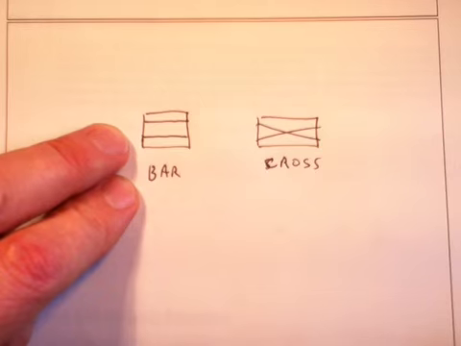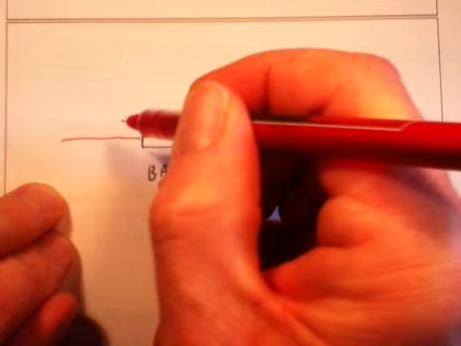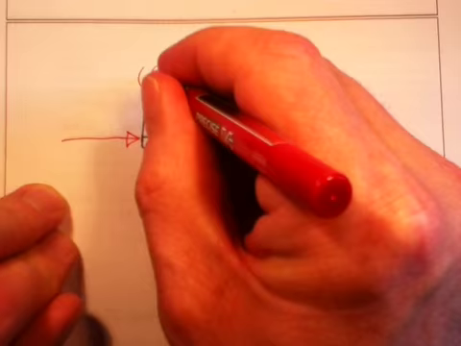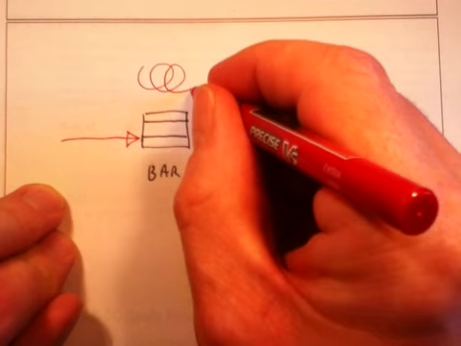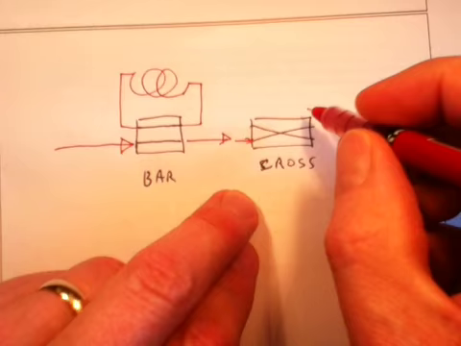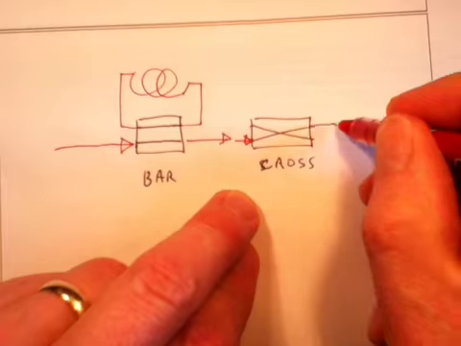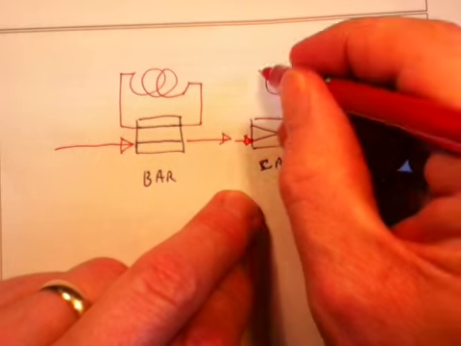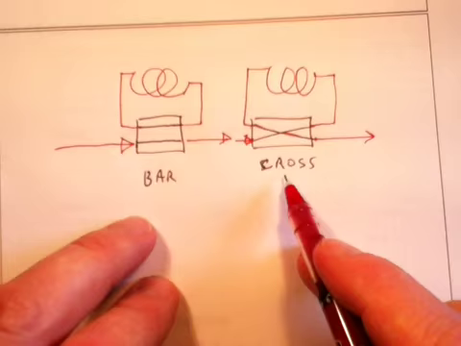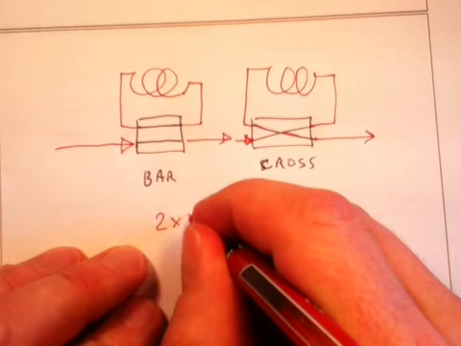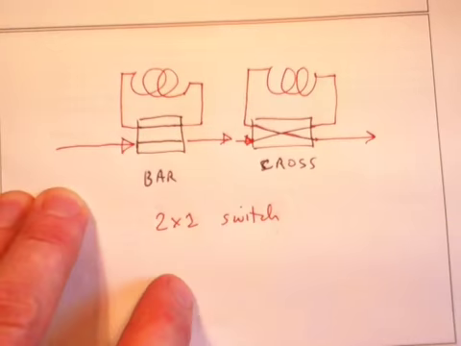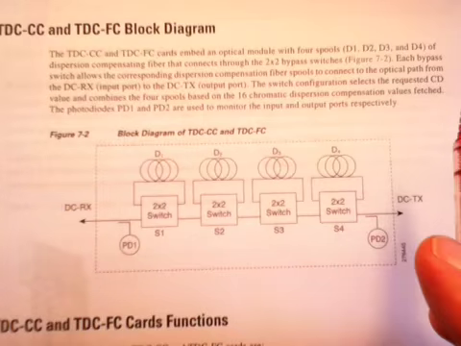And if this switch is in the bar state, then the input is mapped directly to the output without going through the coil, which I'll draw like this. And if it's in the cross state, the input is mapped across into the coil and then back in through the cross state and back out. So this is how a 2x2 switch either bypasses the coil or sends it through the coil. And